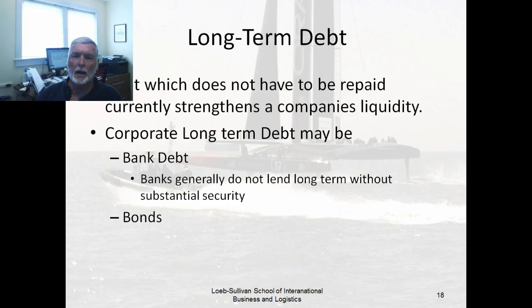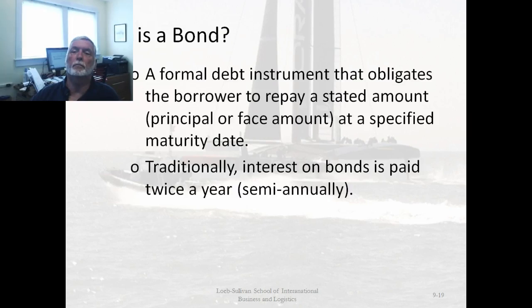They don't go through a bank. So the lender will generally accept a lower interest rate than the bank would. And when the lender buys bonds, they generally get a higher interest rate than they would by lending their money to a bank. So it's beneficial for both sides of the transaction. That's why bonds exist. I'm going to talk a little bit about what a bond is. So a bond is a contract.